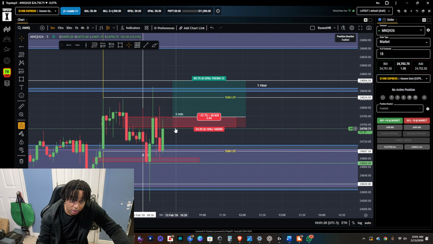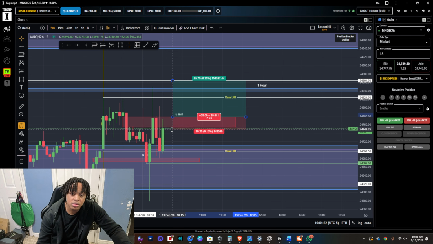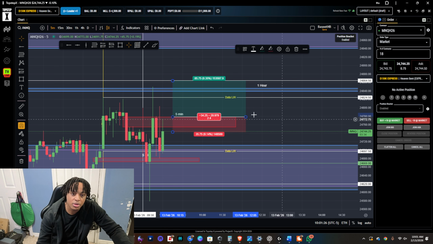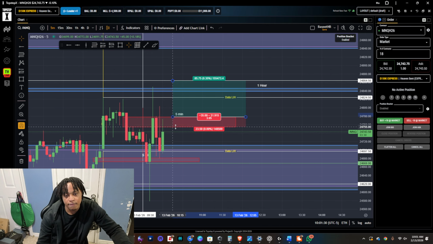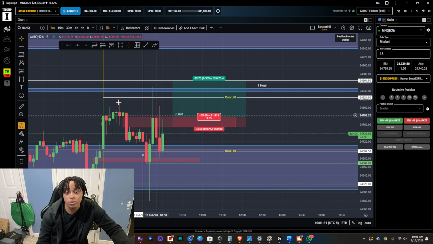But if I took this trade, I might do something very conservative. I think 20 would be a lot more sensible. Although I can make a lot more, I think. Should I? I maybe should. I don't like this. All I can say, what I'm seeing right now, I don't like. I ain't gonna lie.